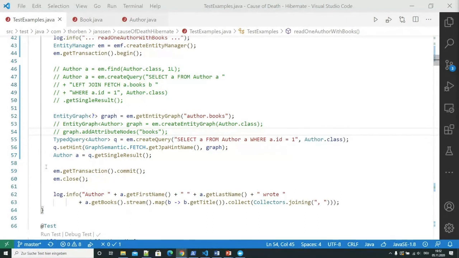So eager fetching is a code smell. And please keep in mind that to-one associations are fetched eager by default. So there you would need to set the lazy fetching in your mapping code.